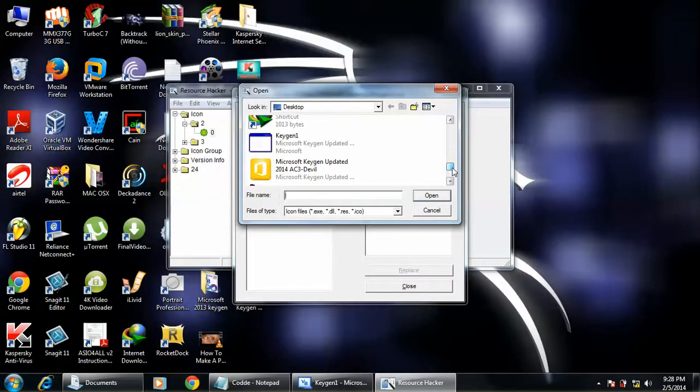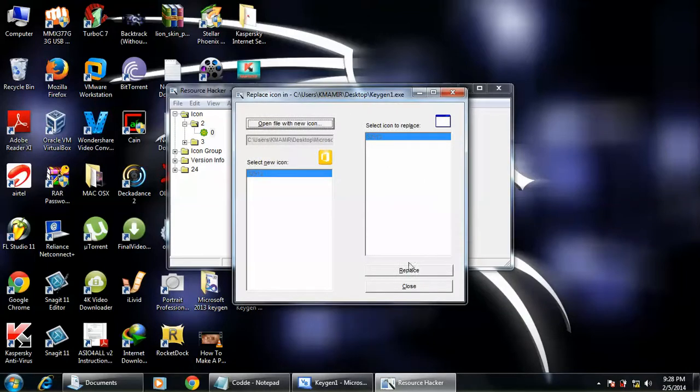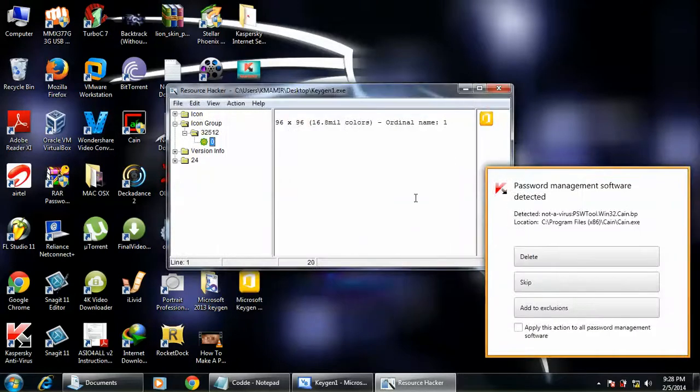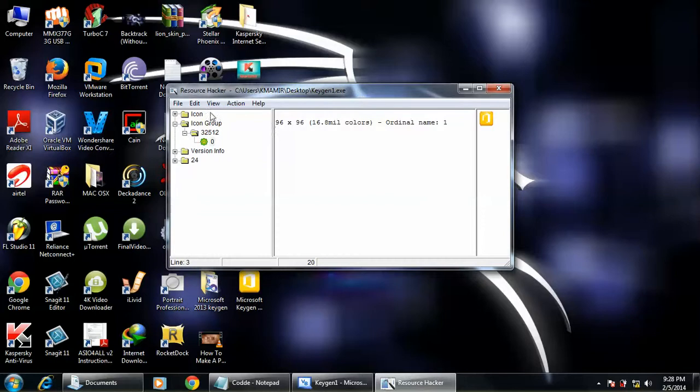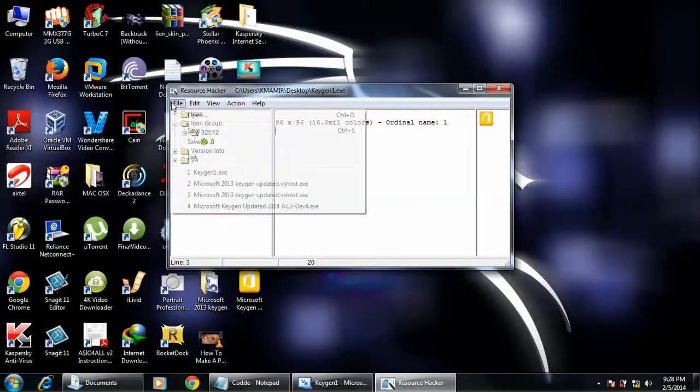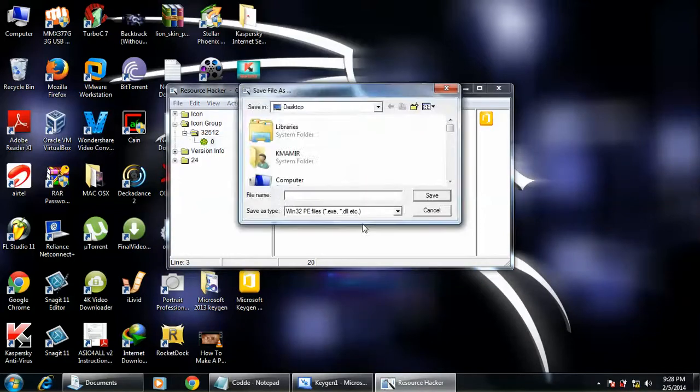Search for any icon you have, just click open. As you see, I have created a Microsoft keygen. I will give a simple image for Microsoft Office. Click on replace, then go to file, save.